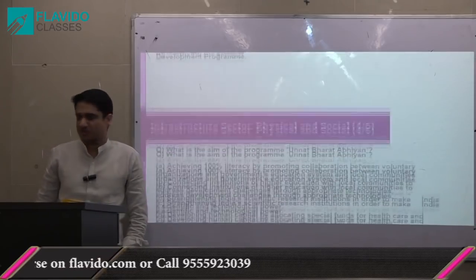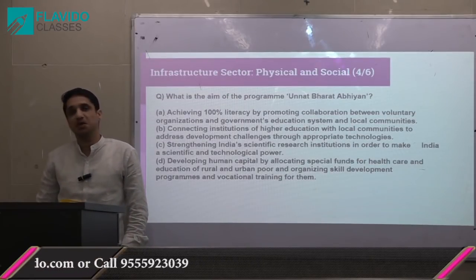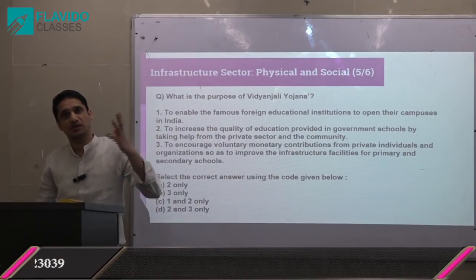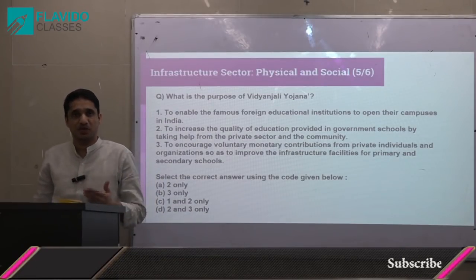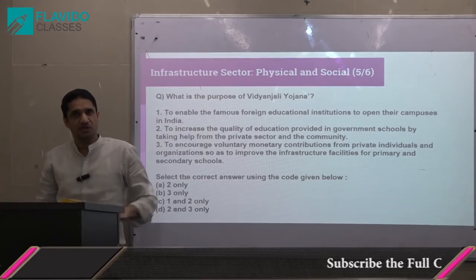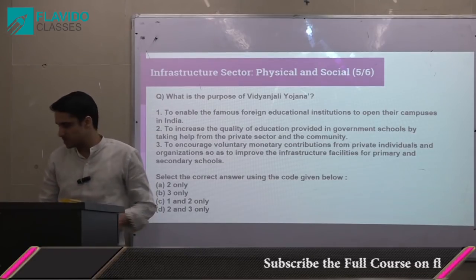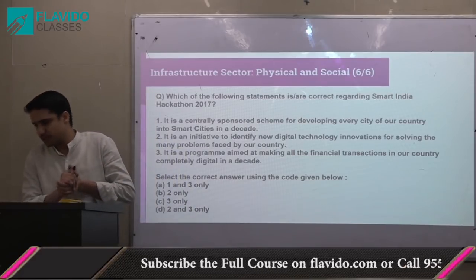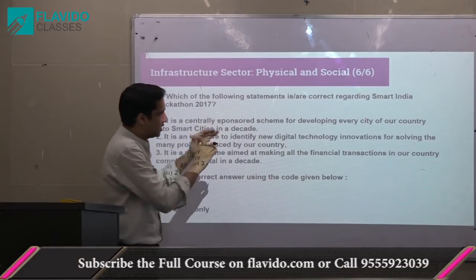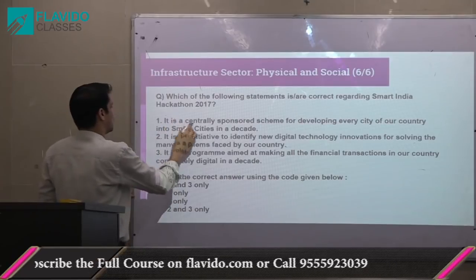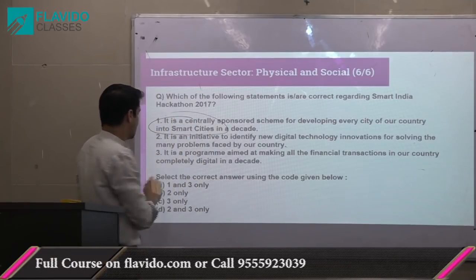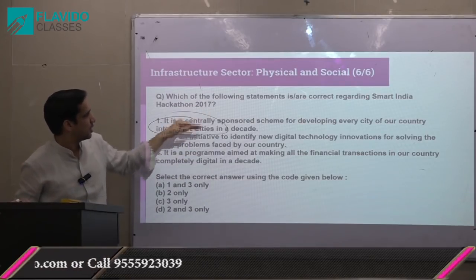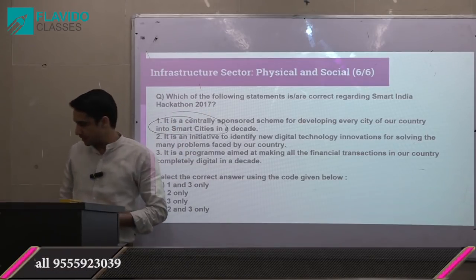Again from the social infrastructure. Then they asked about the Unnat Bharat Abhiyan. Again social infrastructure. So the relevance, the need to cover the social infrastructure from exam perspective has increased, but no major book, no major institute covers these particular things. Then the sixth question was from the Smart India Hackathon 2017. Actually this topic does not come here, but we are going to cover this in smart cities. So you can negate one of the options in this particular topic.